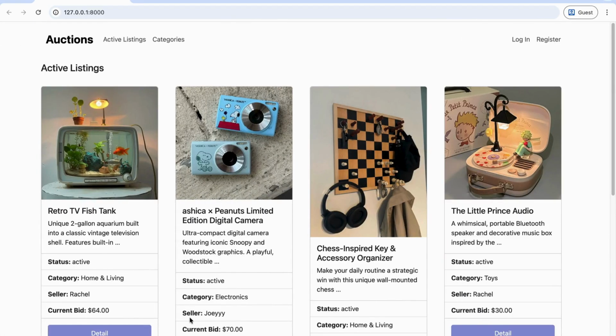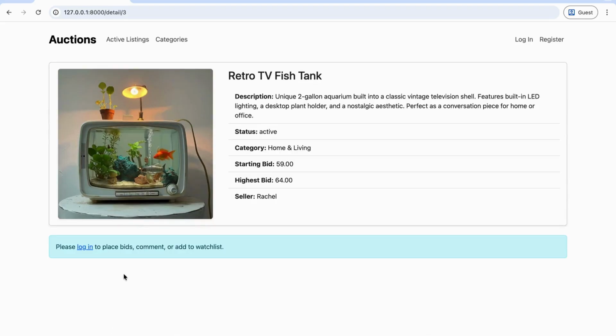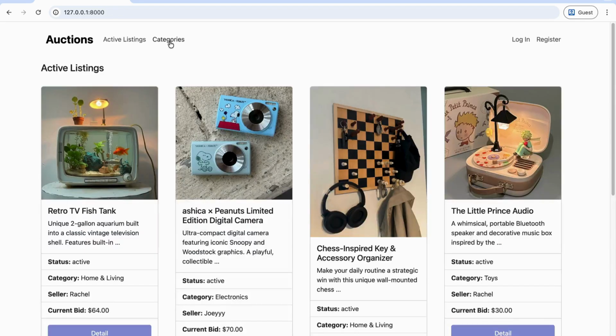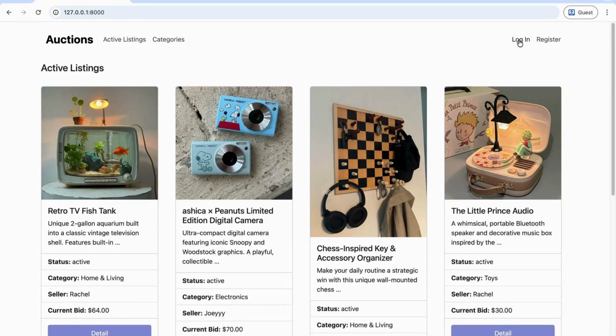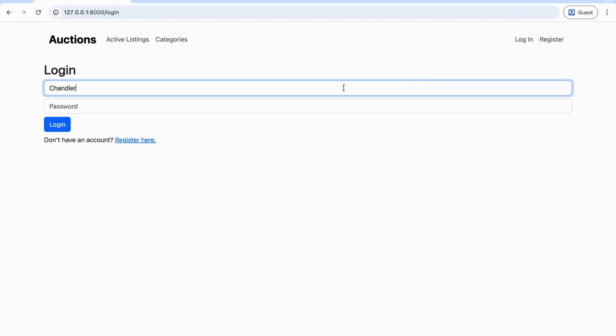So this is the interface of my project. In the interface you will see the active listing. And if you click the detail button, you will be redirected to the details, which is all about the item that you select. As you can see, you cannot see other features except active listing and categories because you haven't logged in yet. So if you log in,